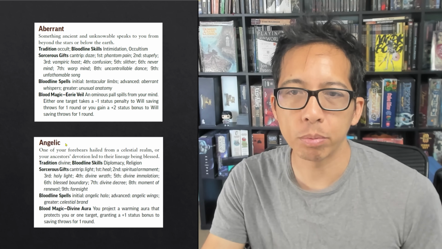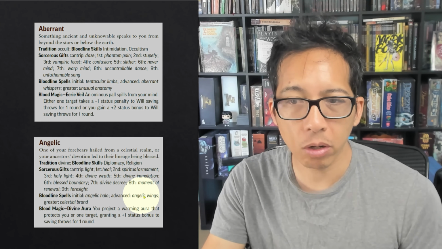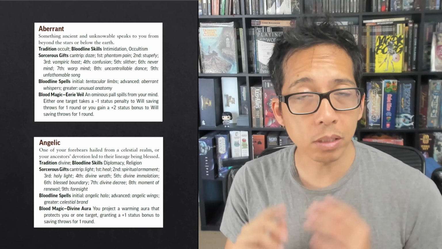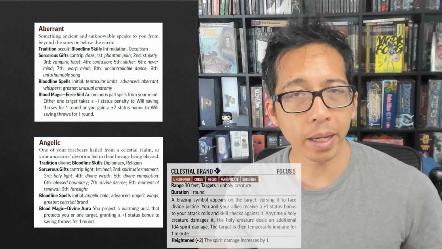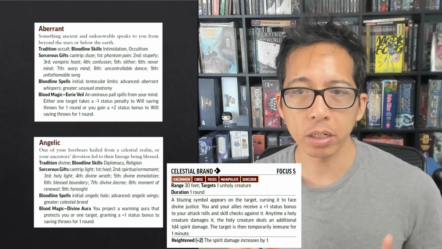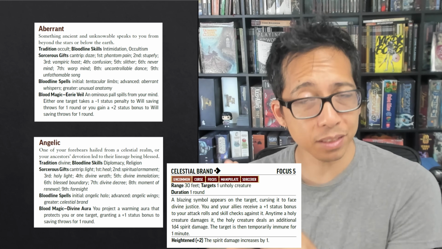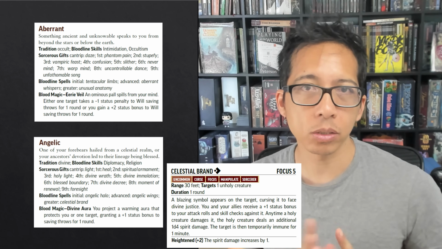Next is the Angelic Bloodline, still the Divine Magic tradition. The bloodline spells are largely the same. It's just that Celestial Brand, that was the one that used to target an evil creature and give your party bonuses against it. Now alignment has been removed, of course. Now you must target an unholy creature. And now it's your holy sanctified allies instead of your good aligned allies who can do extra damage to it,